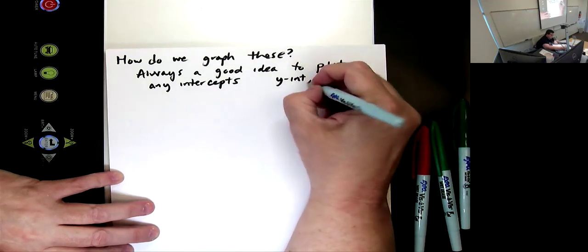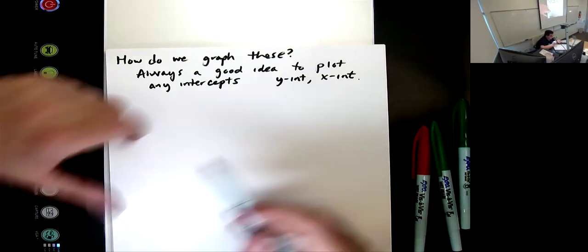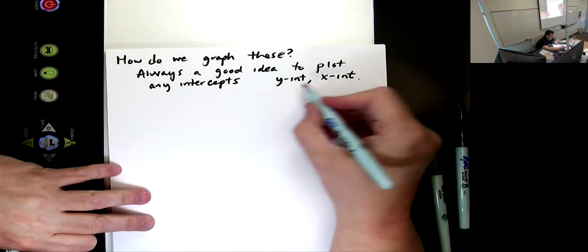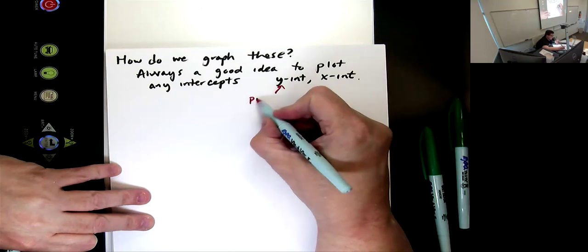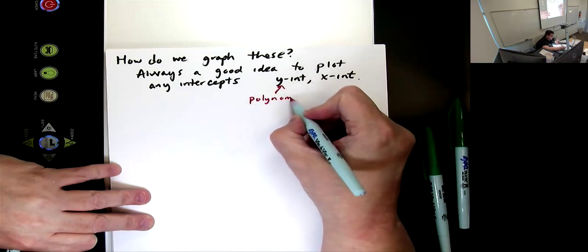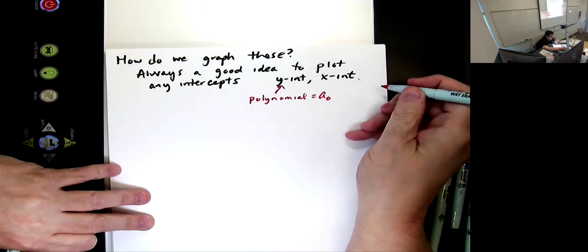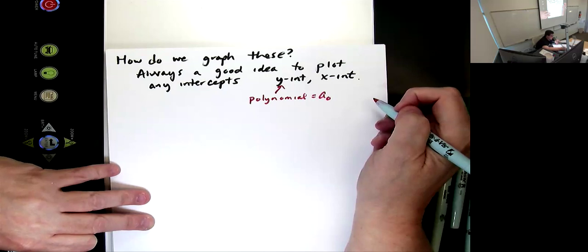Y-intercepts and x-intercepts. This one's easy. On a polynomial, it's a sub 0. Every other term has an x in it. So when you plug in x equals 0,